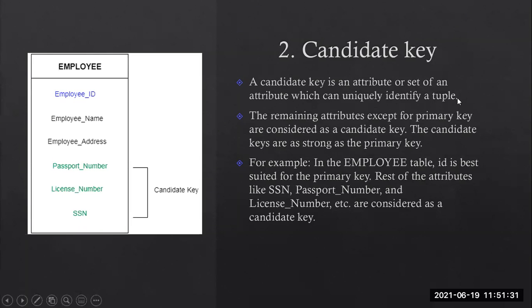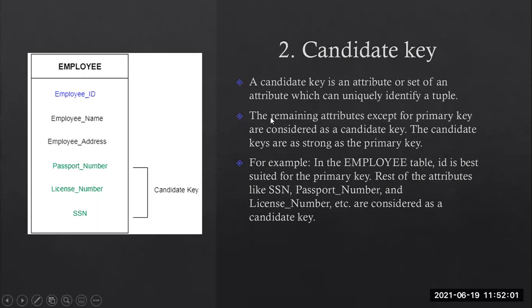Now in the previous example, employee ID we have mentioned as the primary key. Apart from that, employee name cannot be the primary key. Employee address cannot be the primary key. What can be unique here? You have passport number, you have Aadhaar card number, you have license number. These we can make as unique numbers. But we have mentioned employee ID first as the primary key. That is sufficient for us. Now we will come to the point, what is a candidate key?